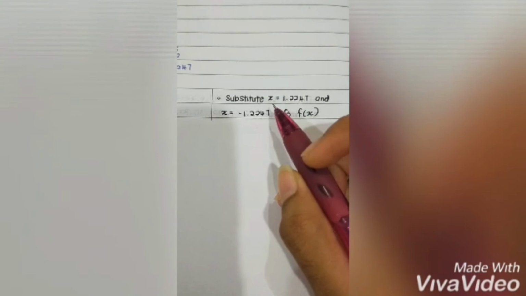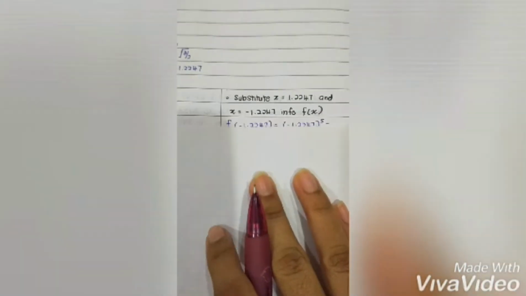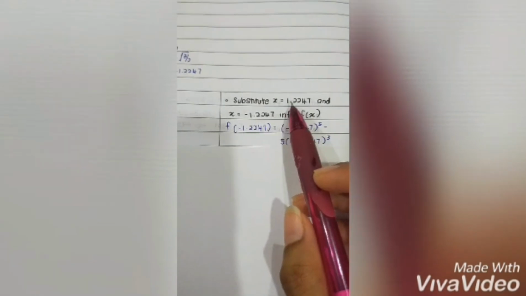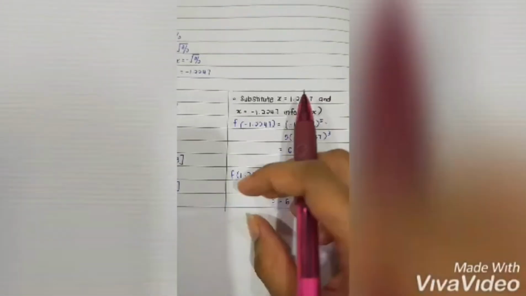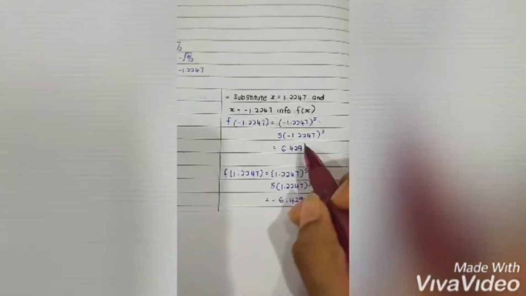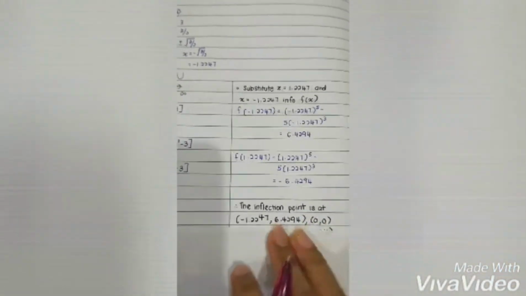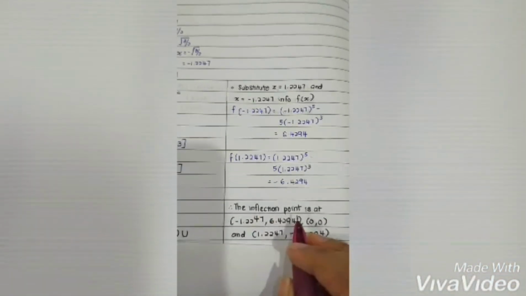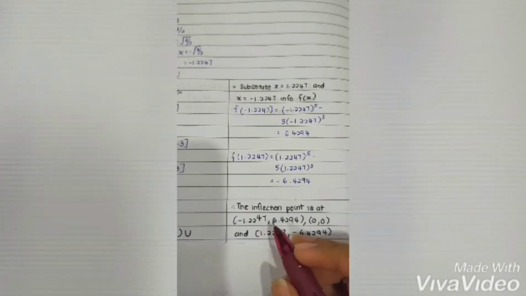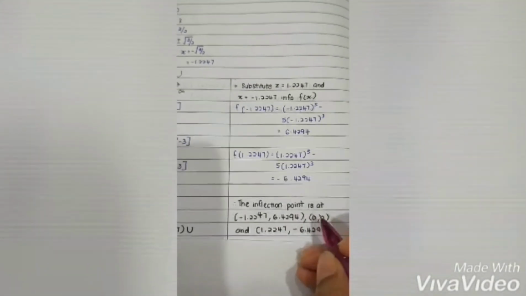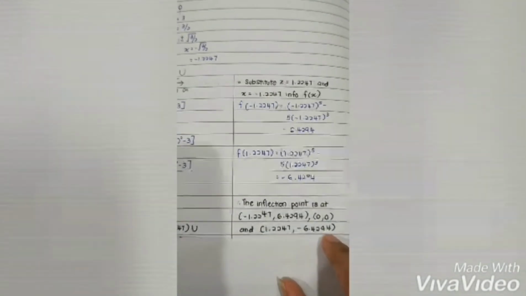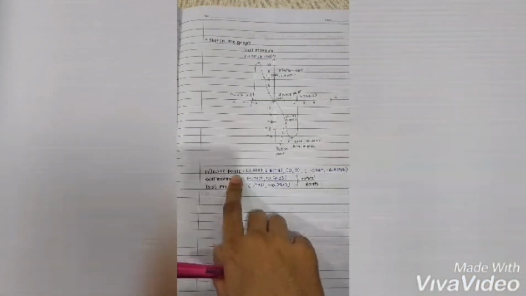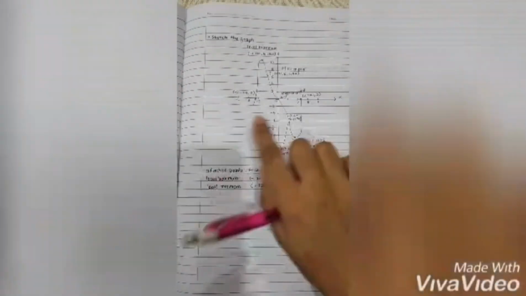We substitute both x values into f(x). So when you substitute x equal to 1.2247, you will get negative 6.4294. When you substitute x equal to negative 1.2247, you will get 6.4294. Therefore, we can conclude that the inflection points are (negative 1.2247, 6.4294), (0, 0), and (1.2247, negative 6.4294). Using the inflection points, local maximum and local minimum, we can sketch a graph of the y-axis and x-axis